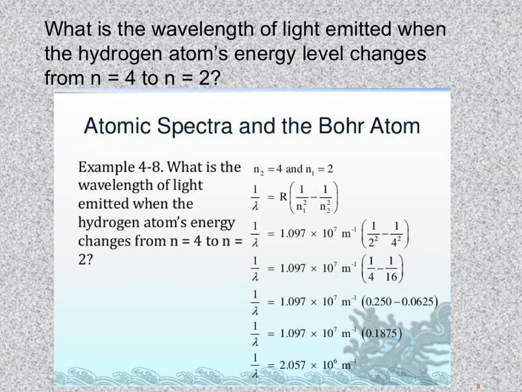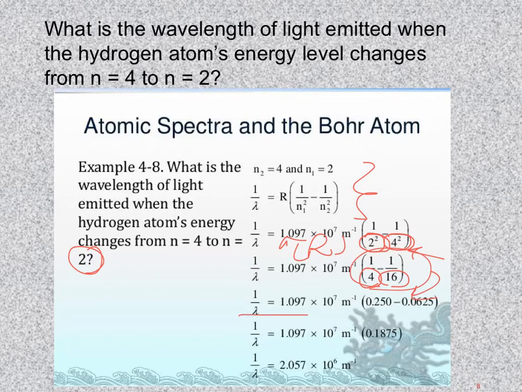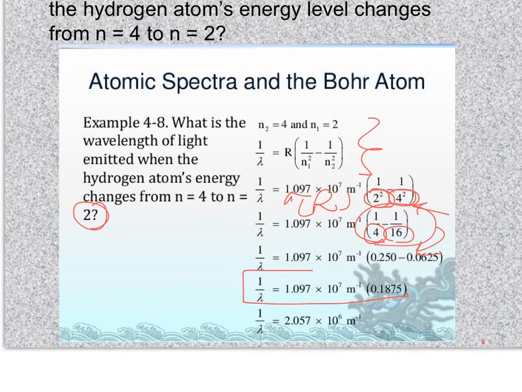Okay, so plugging into the Rydberg equation, here's the Rydberg constant R, and again making sure that you put the lower energy value in first, so that'd be n equals 2, and the higher energy value last, n equals 4. Remember to square those values, and then turn these fractions into decimal form and multiply it out, and you will get that 1 over the wavelength